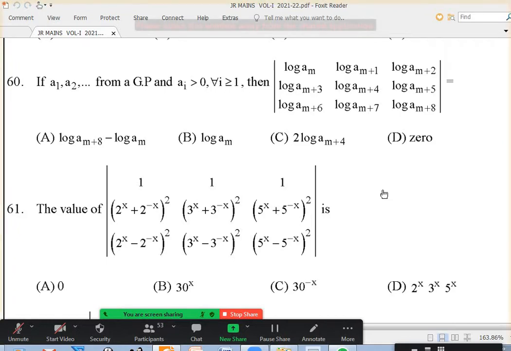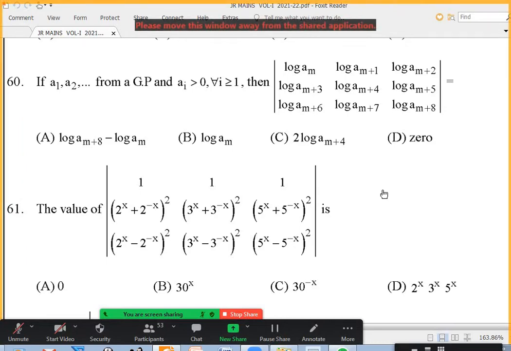We can say that. If you understand that, then as I said, if each row is in AP, the determinant is 0. So they are in AP, so the determinant is 0, right, sir? Yes, correct. We can subtract the columns, right? Yeah, we can subtract columns and use the common ratio concept also. I'll tell that also.